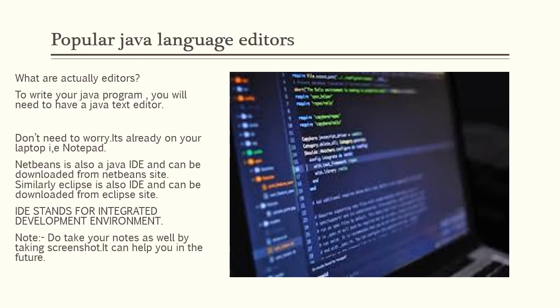Popular Java language editors. Now, what are editors actually? To write your Java program, you will need a Java text editor. It means the coding part, which is basically the main part of Java. So you need an editor to code. Don't worry, it's already on your PC, on your laptop. You just have to click on Notepad and start